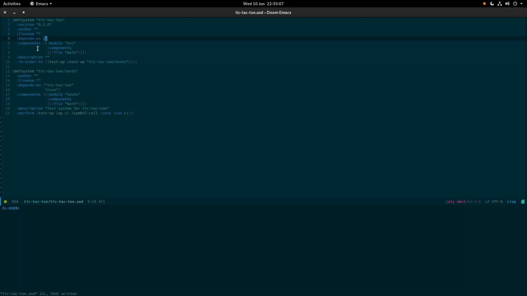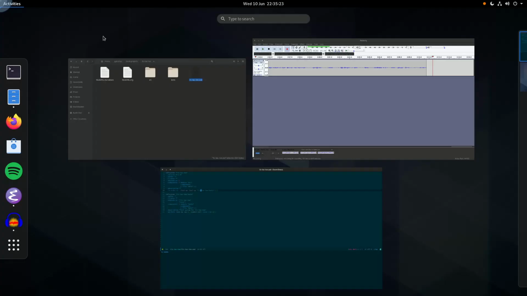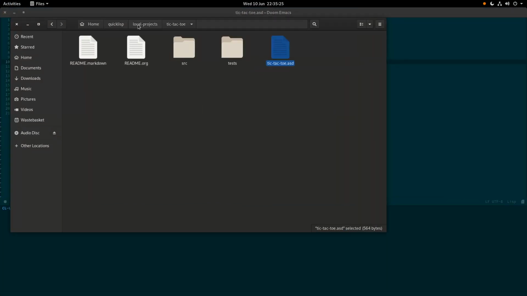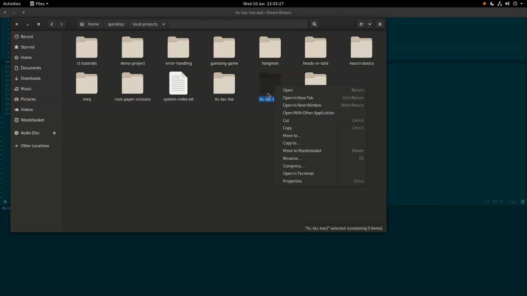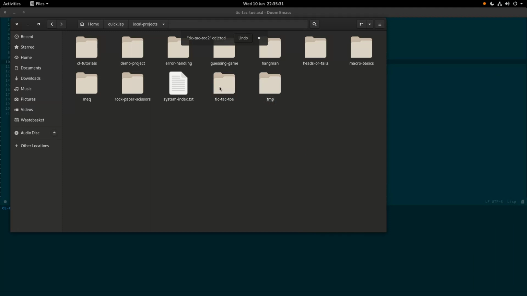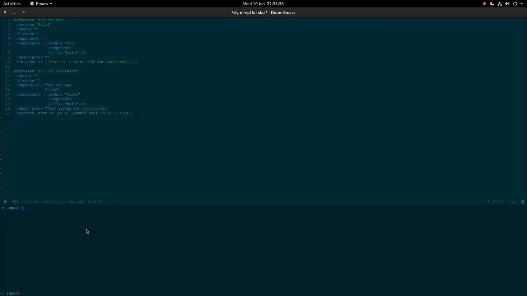So I've got my tic-tac-toe ASDF file here, and if you don't have one, I would suggest that you use CL project. What we'll do actually is we will get rid of the second project, and we'll create that fresh, and we'll just copy the file over from here into the source directory, and we'll build on top of that. So first things first,